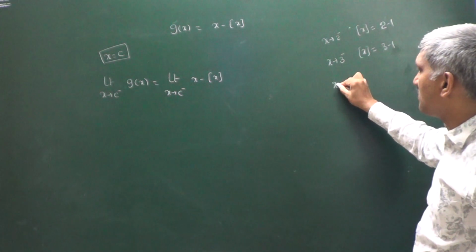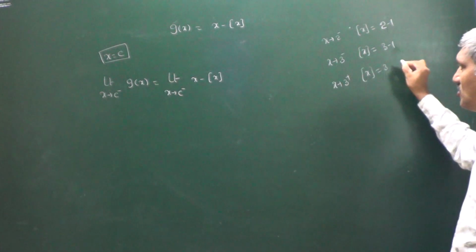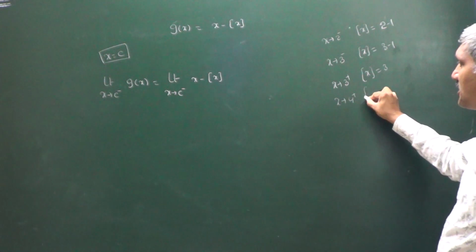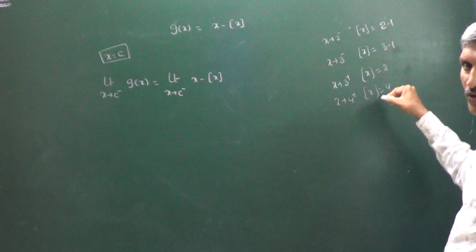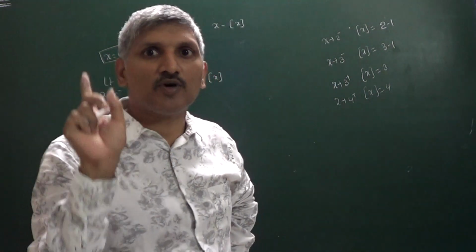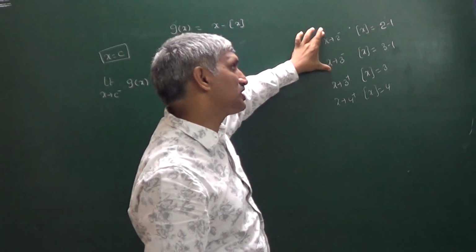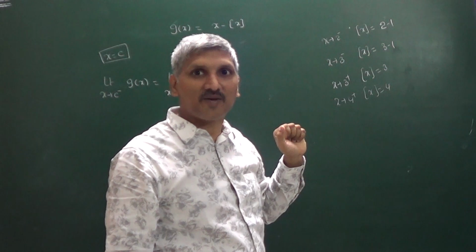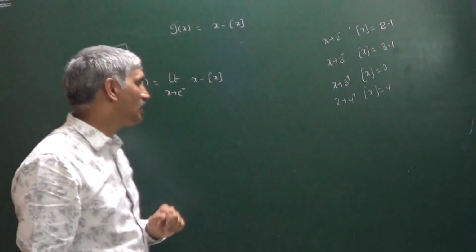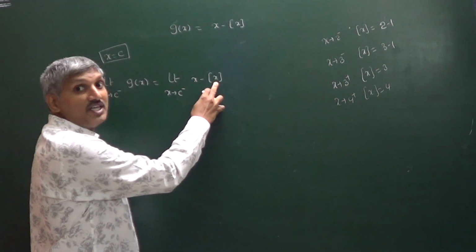At the same time, tell me, x tends to 3 plus, the integral part of x is equal to 3 only. x tends to 4 plus, the integral part of x is equal to 4 only. 4 plus means 4.0001. The integral part of 4.0001 is 4 only. So that's why in the 3 minus case we are getting 3 minus 1 as the integral part, whereas in the 3 plus case we are getting 3 only. So that is the funda you have to catch here. Right, in the c minus case, this value is becoming c minus 1.